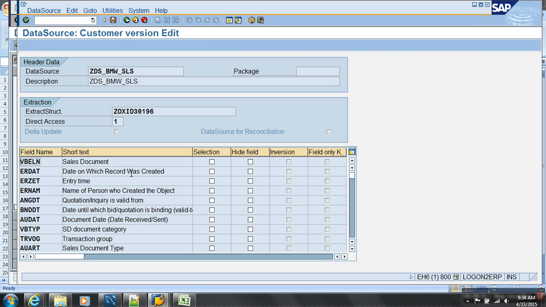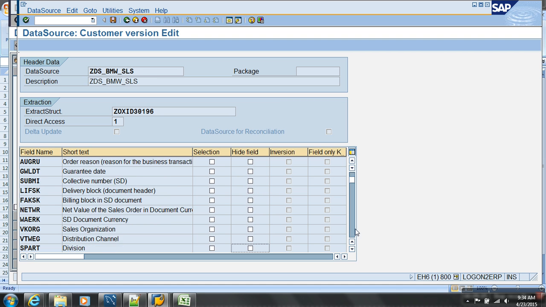But out of this, you didn't want all the fields, right? You don't want some fields. I can hide the ones which you don't want. Here, that I don't want, hide. And then this I don't want. Document category I need. I don't want this. Document type I need. Okay. Whichever you want, you don't hide it. I want to hide this out, hide this out. I want this. Sales organization, division I need.